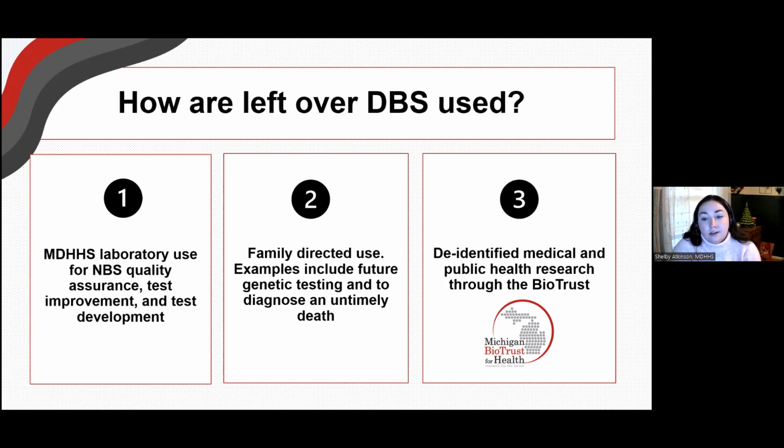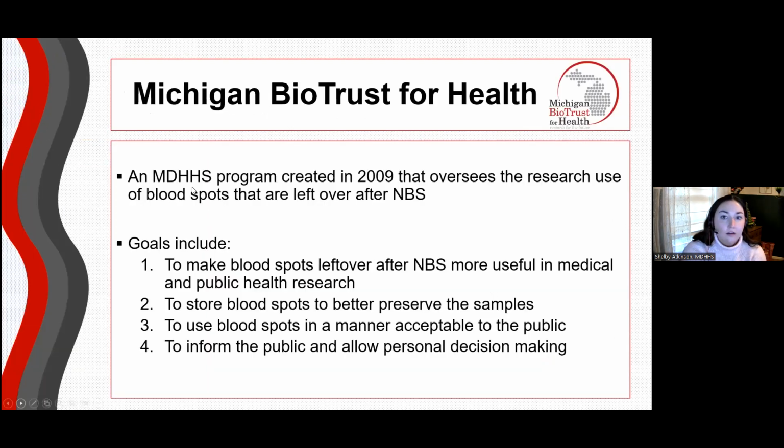And then the third use, and what we're going to focus on for the rest of my presentation, is they can be used for de-identified medical and public health research through our BioTrust program. So the BioTrust is an MDHHS program. It was actually created in 2009, and it oversees the research use of blood spots that are left over after newborn screening. Prior to 2009, blood spots were used in research projects, but in 2009, MDHHS felt that it was